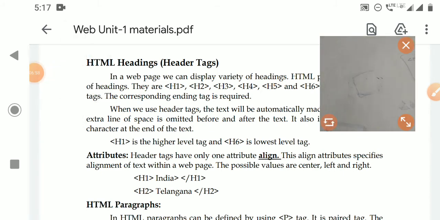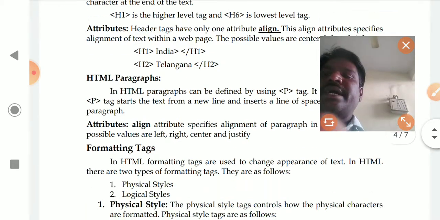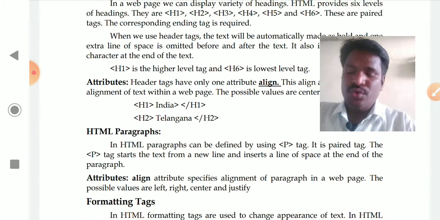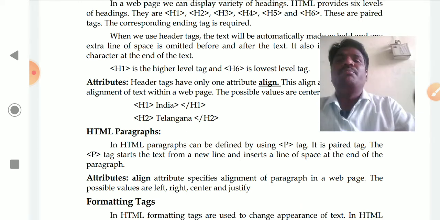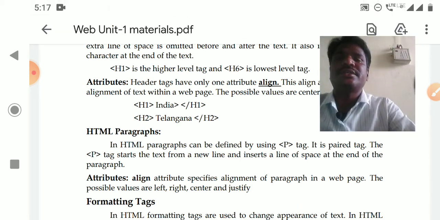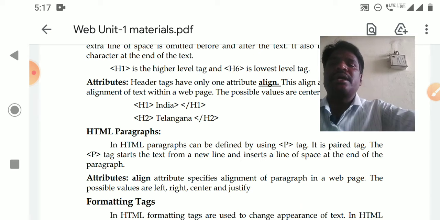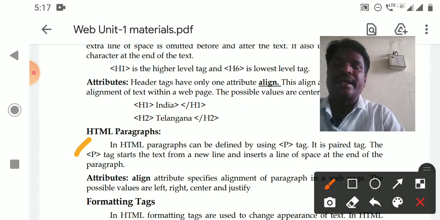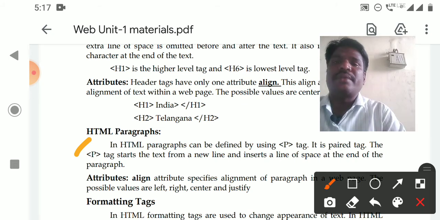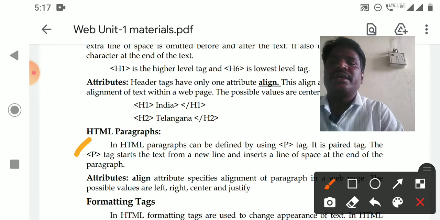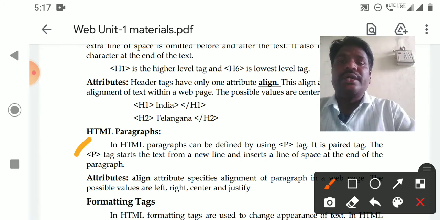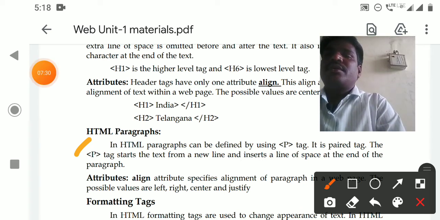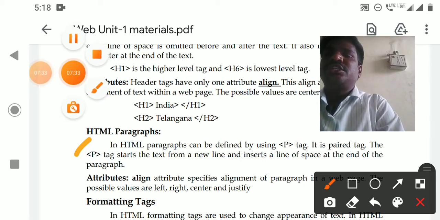Okay. Next, we have the paragraph tags. So after defining a header, what we'll do? We'll define a paragraph below a heading. Heading కింద ఏం డిఫైన్ చేస్తున్నాను, ఒక పారాగ్రాఫ్ ఆఫ్ సెంటెన్స్ రాస్తాను. సో ద పారాగ్రాఫ్ కెన్ బి డిఫైన్డ్ బై యూజింగ్ p tag. By using p tag we can define a paragraph. So here the paragraph means, for example, I have a web page.